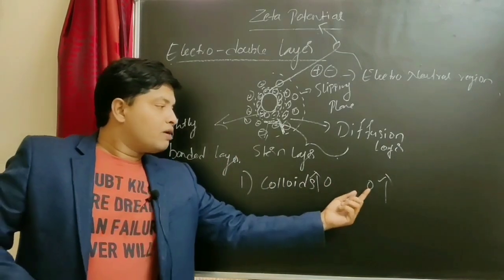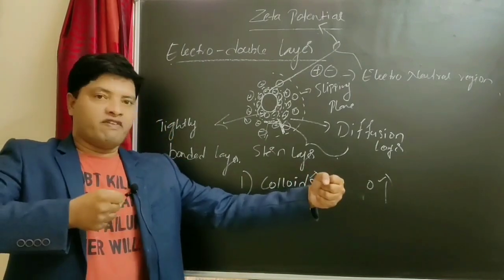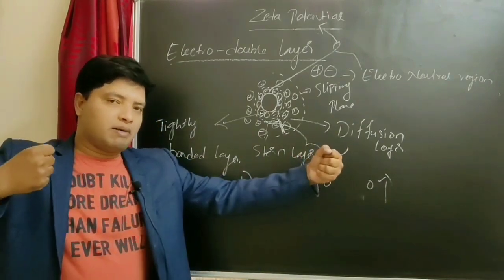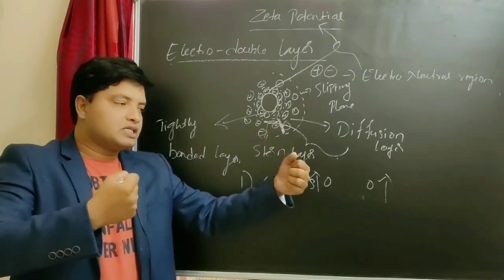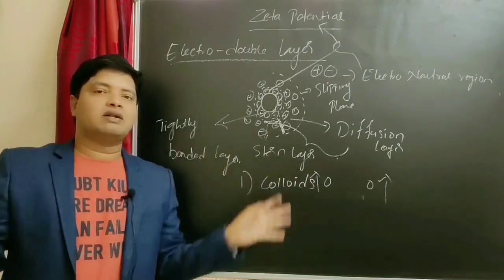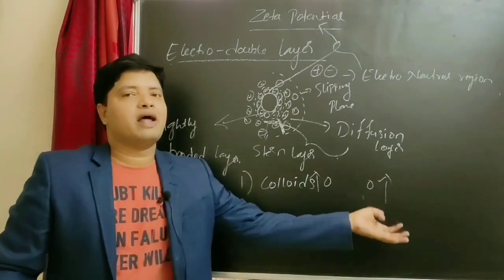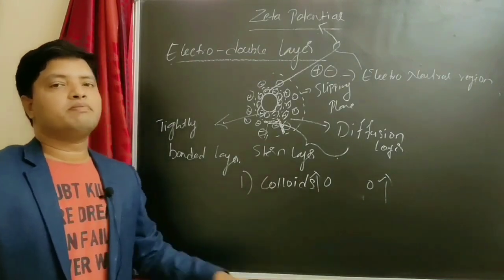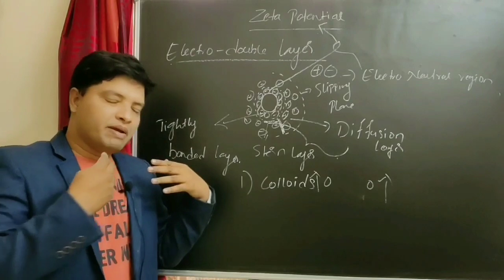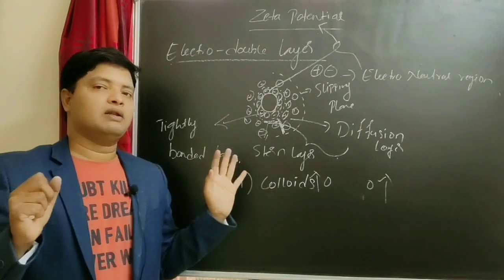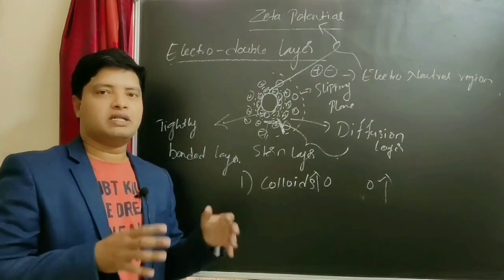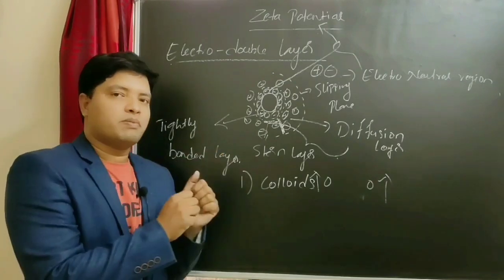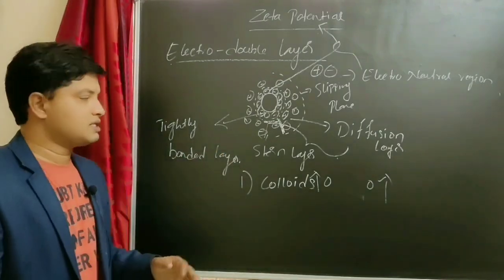Now you want your nanoparticles to stay far away from each other. So what will you try to do? You try to increase the zeta potential of your nanoparticles. Now what happens? Because they have more zeta potential, they will repel from a far distance and never form an aggregate. Hence our colloids or nanoparticles will be stable. If you want your colloid or nanoparticle to be stable, try to keep more and more zeta potential. It may be positive or negative, they should repel. It doesn't mean that positive and negative zeta potential will exist in the same system. No, either you get positive zeta potential in a system or you get negative zeta potential in a system.